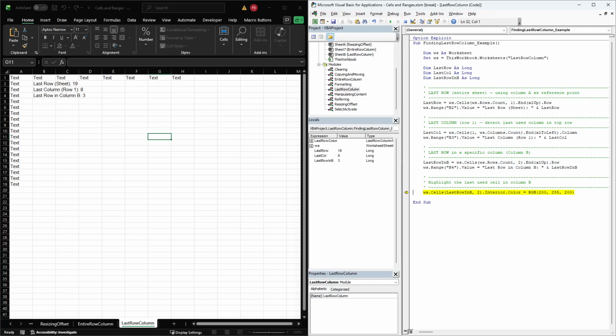Finally, once the last used row in column B is identified, the macro visually marks that cell. The last occupied cell in column B is highlighted with a light color, making it easy to see exactly where the data ends. This small visual indicator is helpful when verifying data imports or checking whether a dataset has expanded